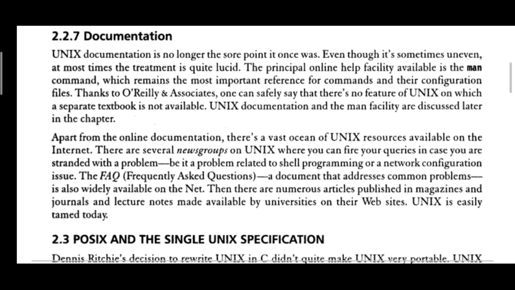Next is about the documentation. Unix provides the man command for online help facility. With the help of the man command, all the configuration file details are provided. It was developed by O'Reilly and Associates. Apart from online documentation, there is a vast ocean of Unix resources available on the internet.